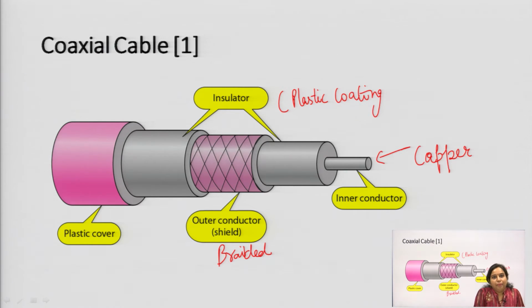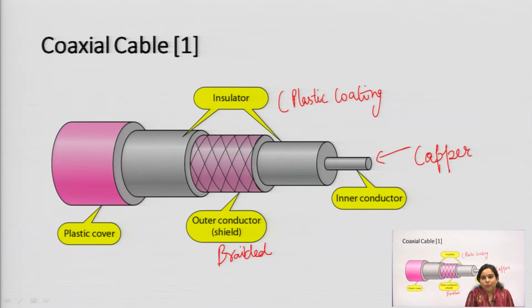If you compare the twisted pair cable with the coaxial cable, then you can say that it will be used for a longer distance, it will withstand a signal of large value, and it can be transferred over a longer distance. Its strength is quite good as compared to the twisted pair cable. So, that is why this coaxial cable is used.